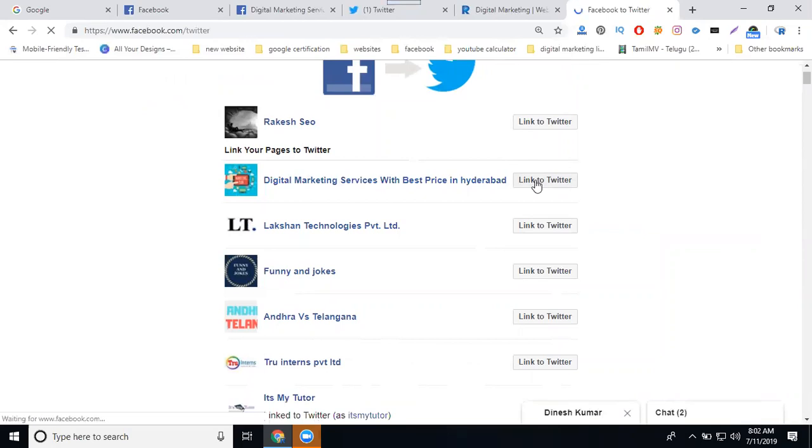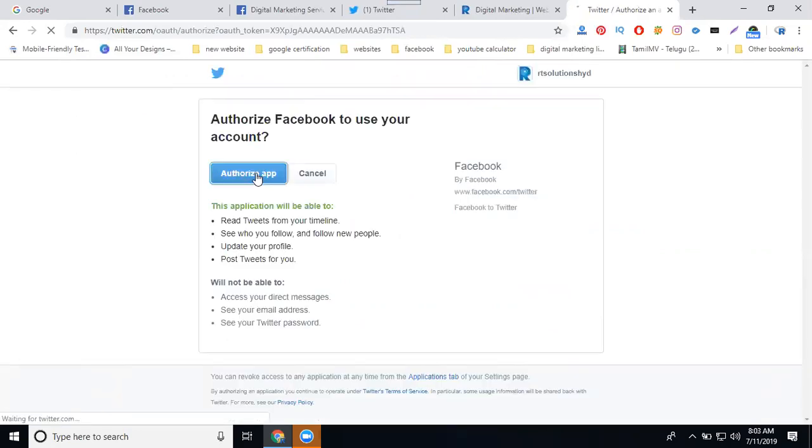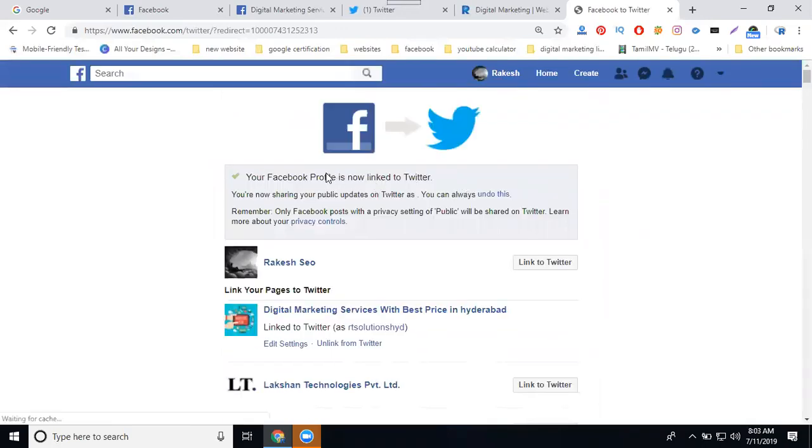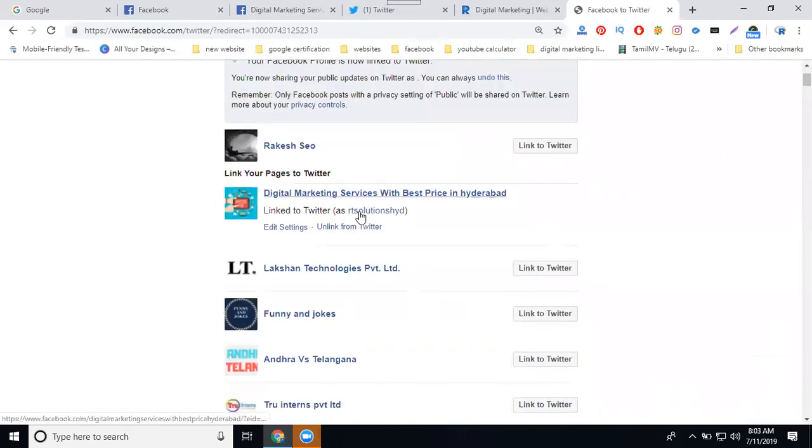So I'm linking to Twitter here. Authorize application. Now you can see your profile is linked with Twitter.